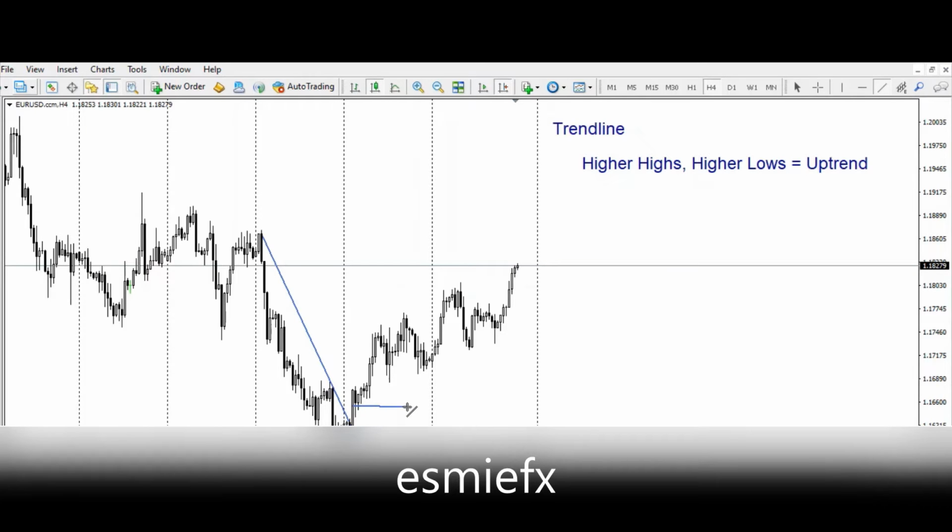This is a low for me. And of course, there's another low here. So this is a low, higher low. So this becomes a higher low. And then there's another one here, because it moved up and retraced. So this is a higher low, and you have this high, higher high, another higher high, and there